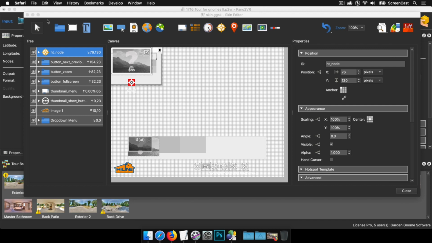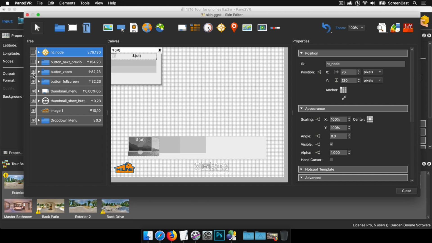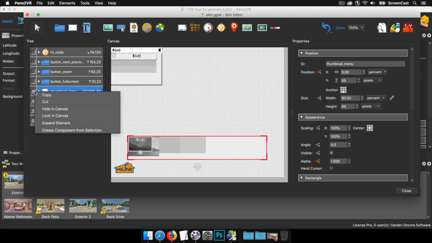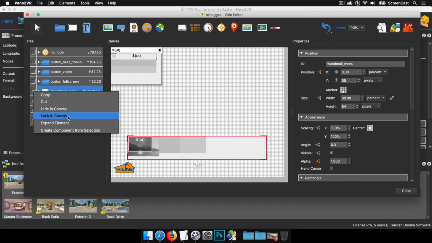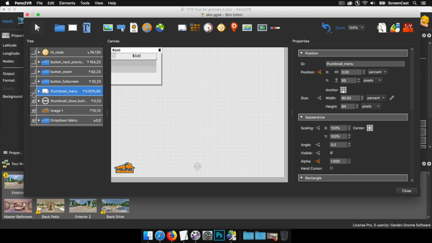Okay, we want to do one other thing now, and that's add the map, the floor plan. Now before I do that, what I'm going to do is tidy up the skin. I'm starting to add lots of elements to this, so before I start adding some more, I'm going to start hiding things. We can do that in the tree by just clicking the eyeball. If I want to lock something in the skin, I can right button click and lock in canvas. So I could do that, but I actually just want to hide everything,